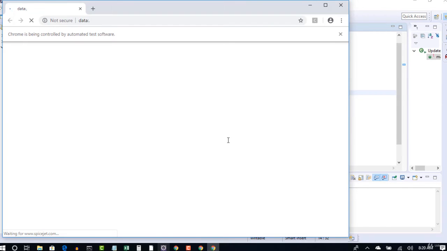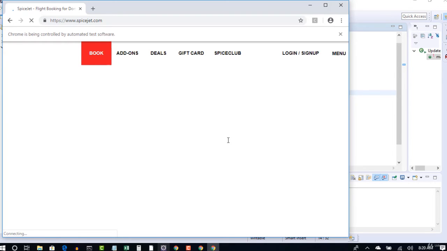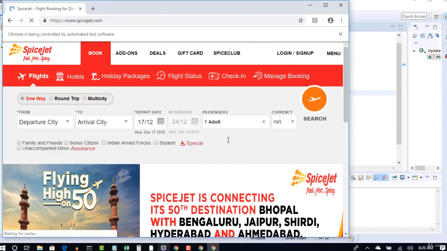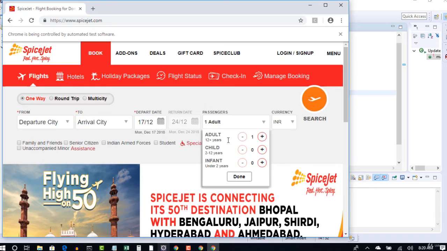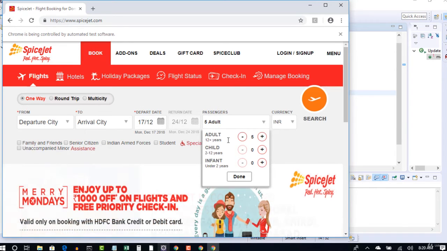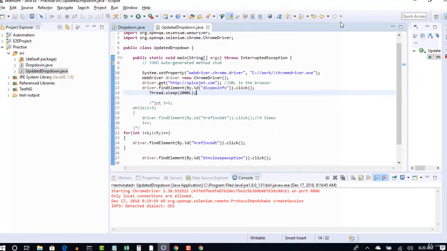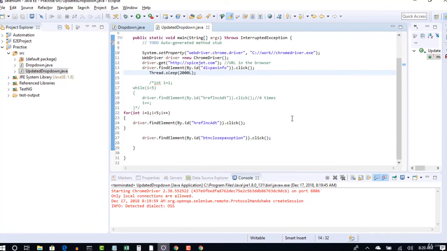Alright, so that's pretty much about how you handle the dropdown. Let's quickly see the demo of handling it with for and wrap this lecture here. You see that? It's selecting 5 and clicking on the done button. If you have patience to listen to this lecture for 2 more minutes, sorry, I'm exceeding my limit.